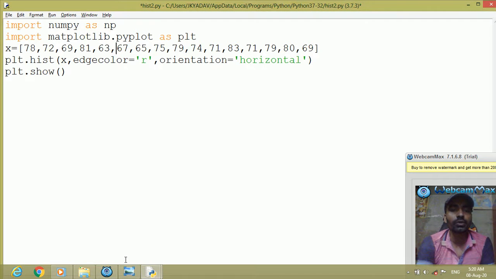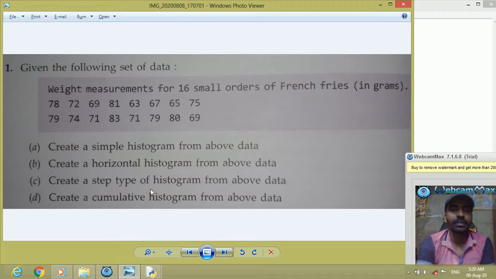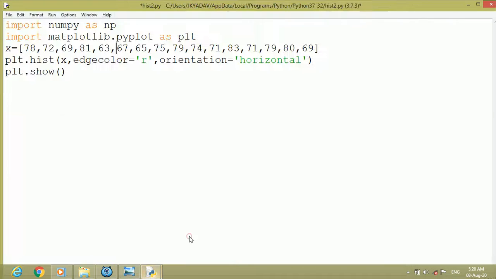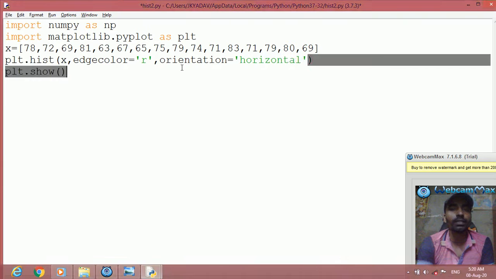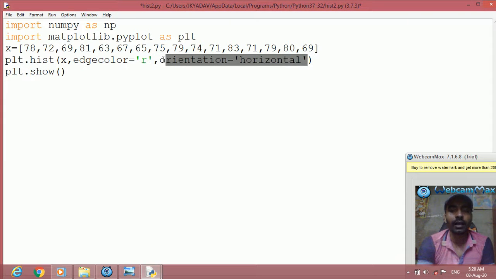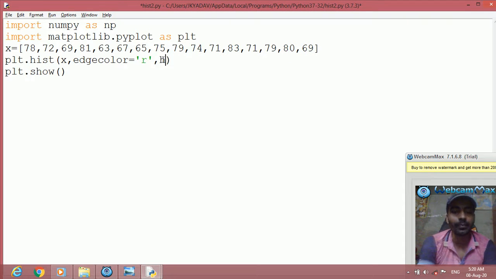Now the third question asks for a step type of histogram. For this, all the code will be the same. We only remove the orientation and write histtype equal to step.